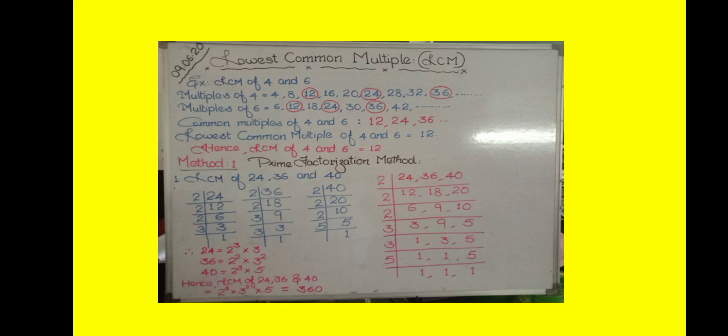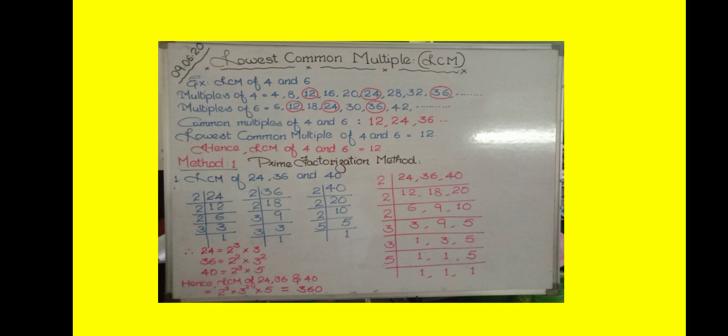Now, we shall use the prime factorization method for finding out LCM. Prime factorization method. Same method we had used for HCF also, and here we are using it for finding out LCM. In order to find LCM of two or more given numbers, we write the prime factorization of each of the given numbers. Then the required LCM of these numbers is the product of the different prime factors of the numbers using the greatest power of each prime factor.